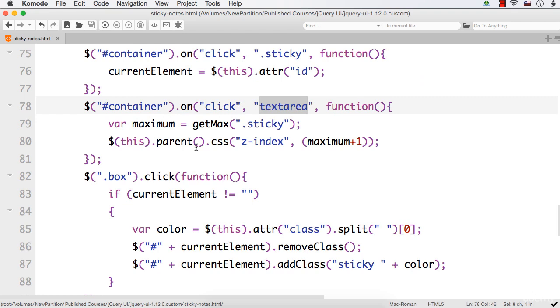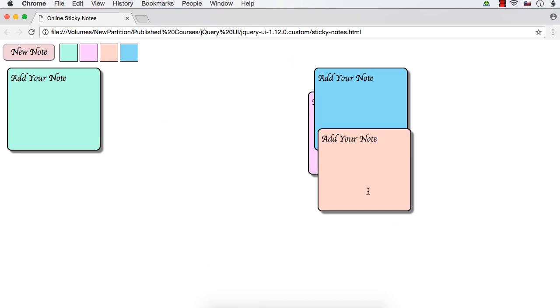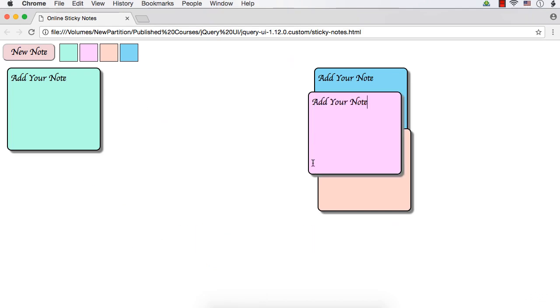So we have done a number of things here to implement this. We have collected the z index and found the maximum value, then set a z index which is more than that current maximum. So here we are able to click any element we want, which will be displayed on the top. Suppose I click here, this pink one is getting displayed on the top. Now suppose I enter some notes. Let me enter some